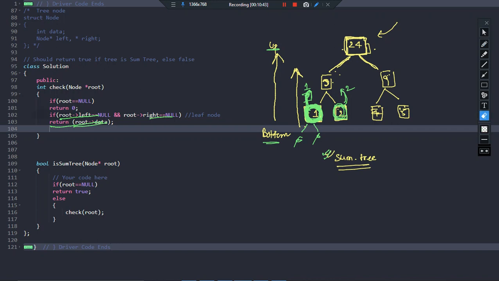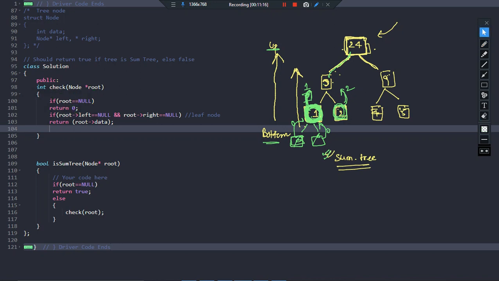And the earlier base condition was if root is equal to null. Why so? Now you see, if I want to reach this particular node from the top, I should do a recursion, and in recursion I will say root left. So if I say root left, it will come here. If I say root left again, it will point to null, and I know that whenever it points to null, the value returned by it should be 0. That is why I am writing if root is equal to null, return 0. I hope you understood these base conditions.